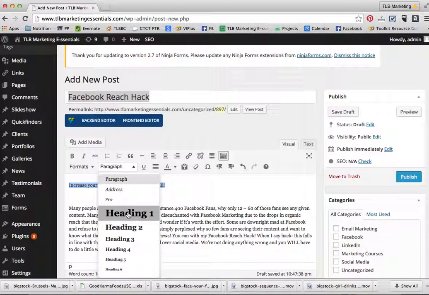It also makes it a lot easier to read when your content is broken up into different subsections. So because I've used heading 1 already, the next heading I'm going to use is heading 2. Now the one thing you don't want to do is jump from heading 6 to 4 to 1 to 5. You want to have your headings formatted by your web developer in such a way that it makes sense: heading 1 is obviously the largest, heading 2 is slightly smaller, and so on and so forth, so that you can use these in order because it's how the search engines find them.